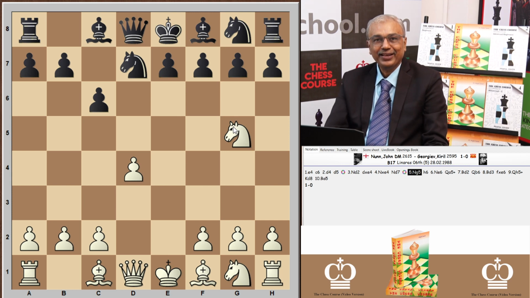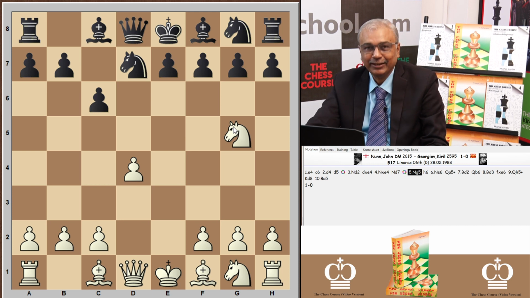Our general opening theory states that a piece should not be moved twice in the opening unless there is a reason to do so. But here, as I had said, grandmasters have their own rules. They are very well prepared. They know when to break the rule and when to fall back. So here, Grandmaster John Nunn definitely must have prepared this idea, Ng5, and to the amazement of everyone,